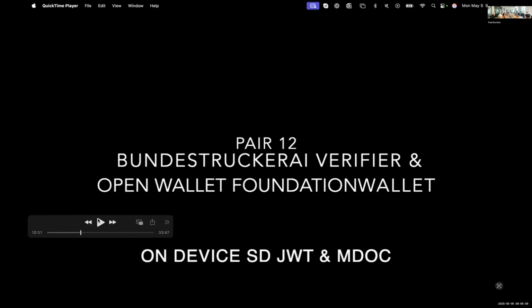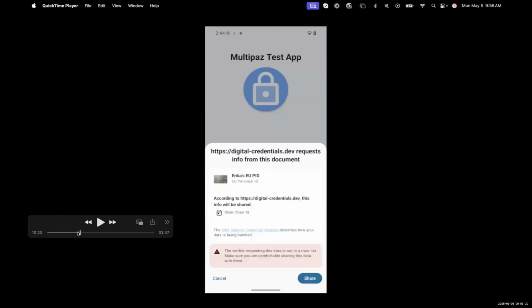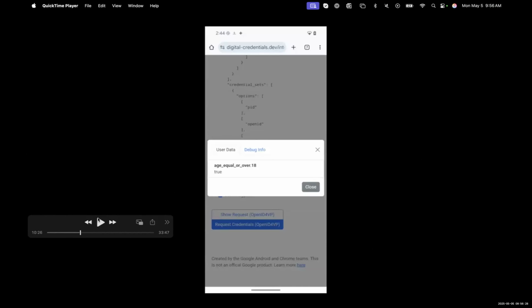Okay. All right. So how does the warning down there, that the verifier is not on a trusted list, get onto the screen? Yes, that's a great question. If we can go back to the consent prompt. A feature of the standard that we use is that we sign the requests.